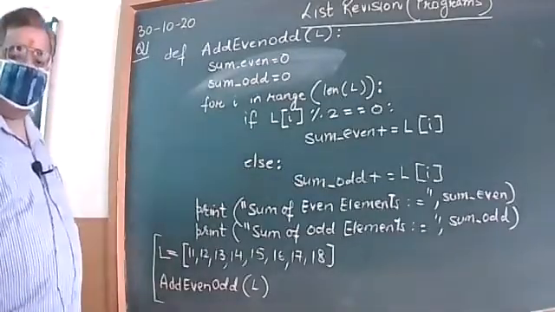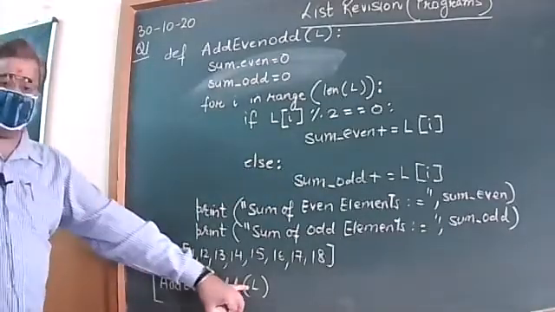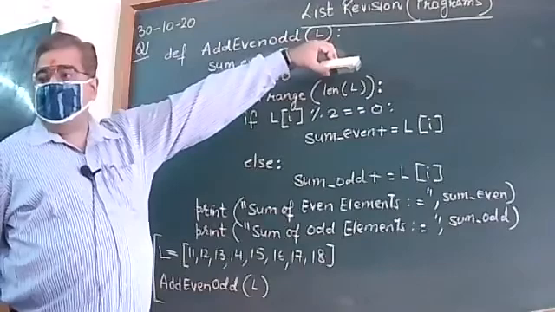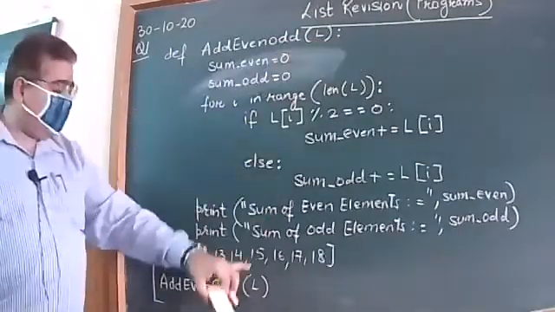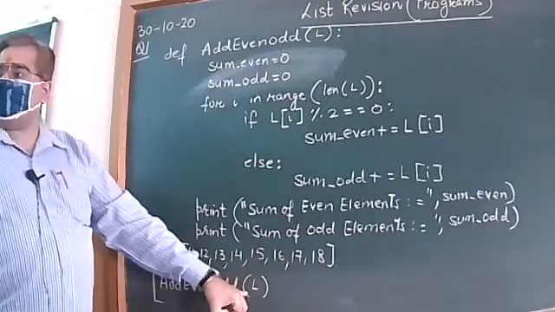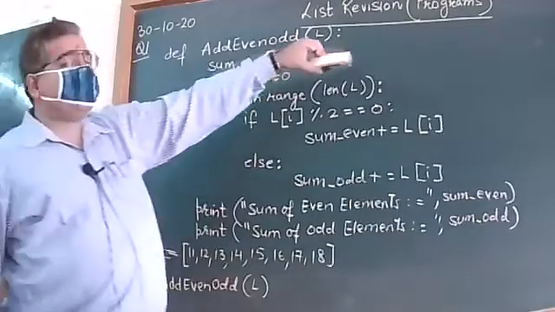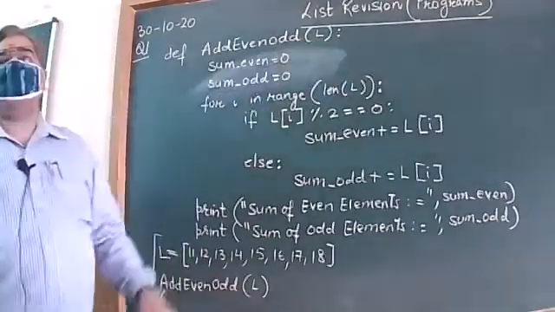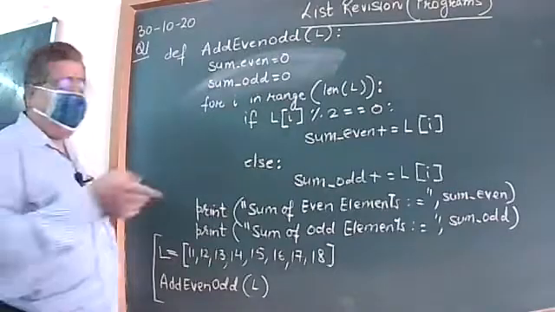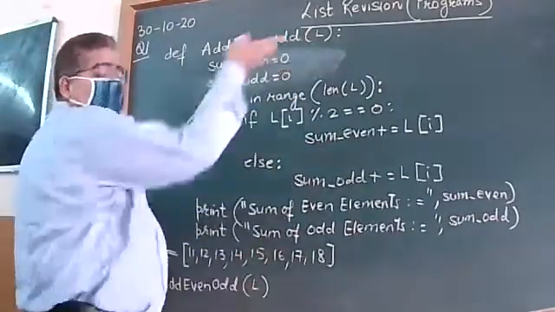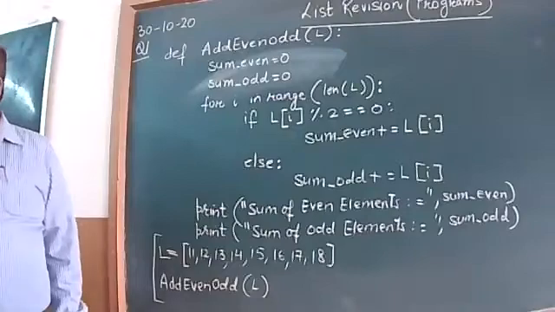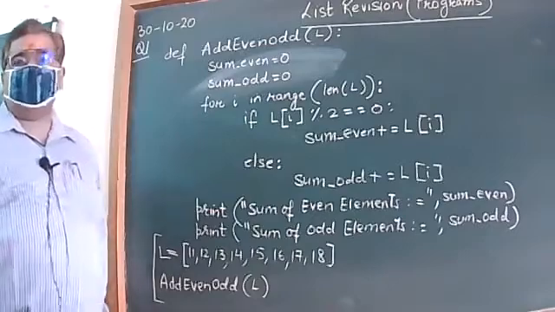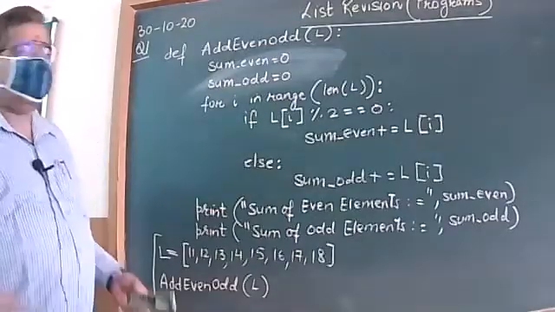I have passed my list as parameter to the function. This is actual parameter. This is formal parameter. The parameter passed while calling the function is actual parameter. The parameter that is passed at the time of defining or the definition of the function is called formal parameter. The name of actual and the formal can be same or cannot be the same, right? So this was the first question, right? Any doubts?